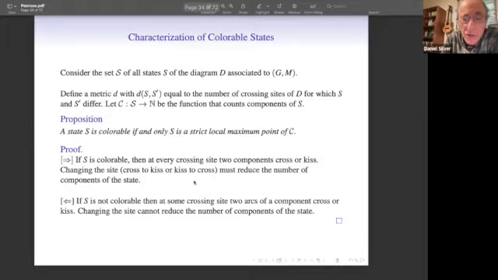Conversely, if you're not colorable, then at some crossing site, two arcs of some component, somewhere there will be a site where two arcs of a component cross or kiss. And if you change the site, you can't reduce one component to no components. So you're not going to reduce the number of components of the state. All right. So